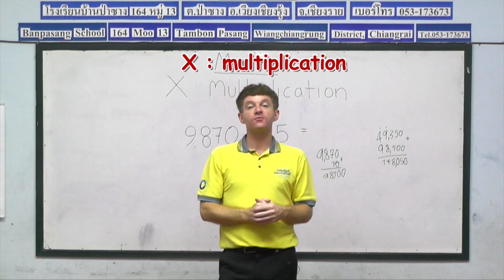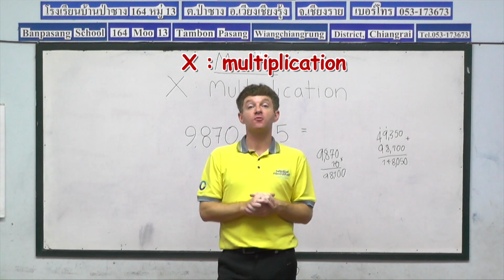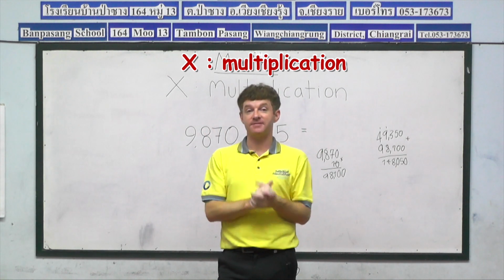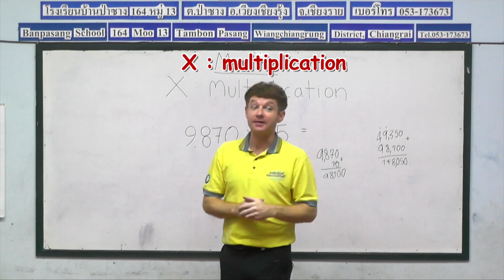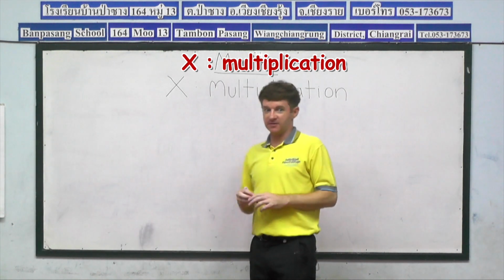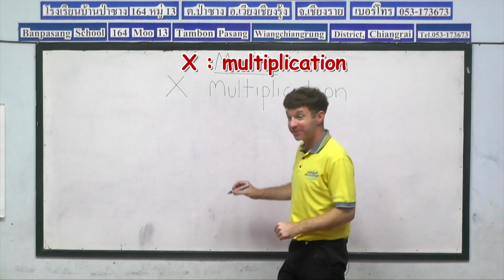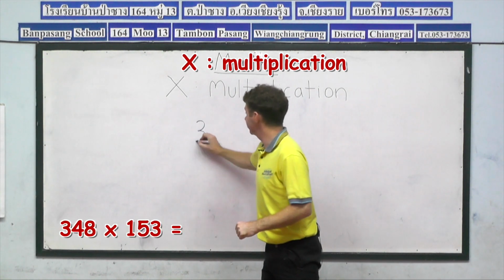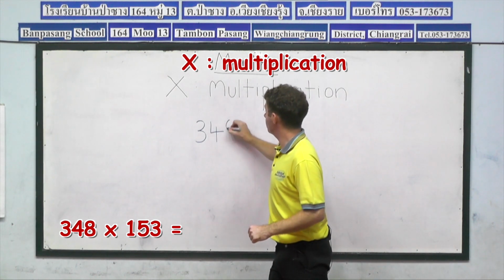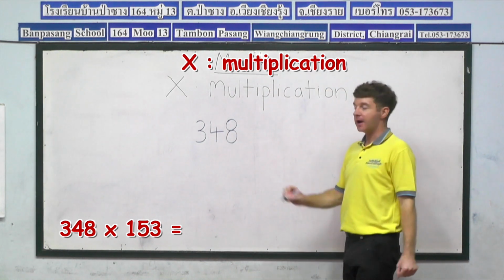And what I'm going to do now is I'm going to demonstrate on the board a couple of multiplication sums involving 3 digits by 3 digits. Well, first of all, I'll clean the board. So guys, 3 digits by 3 digits. Who can give me my first 3 digits? 3. Okay, good way to start. 3, 4, 8. So we have 348